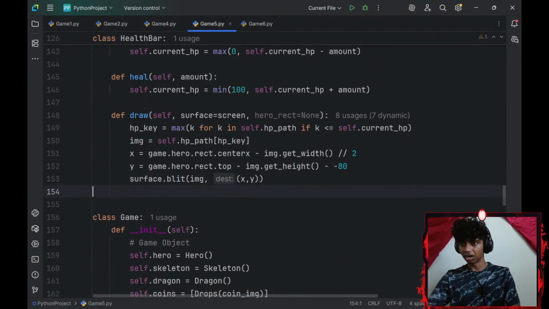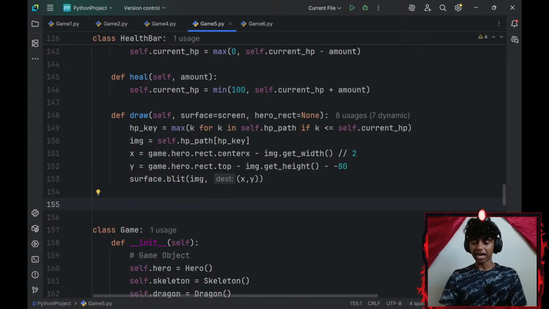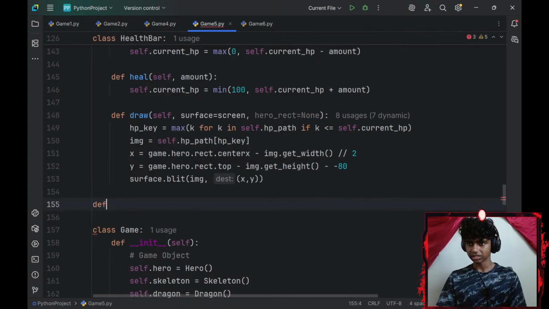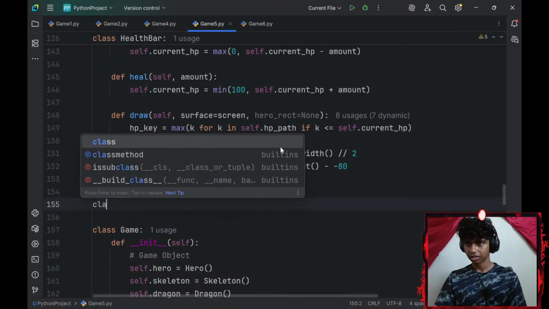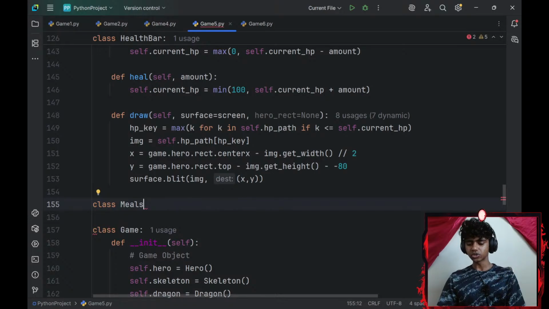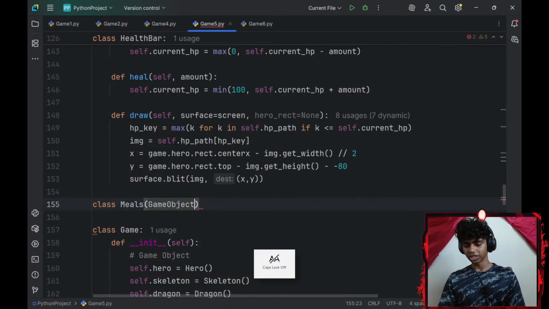Let me go under my health bar class. I will create a meals class. Let me go ahead and define a class called meals. This is going to be my meals class. My meals class will inherit from my game objects